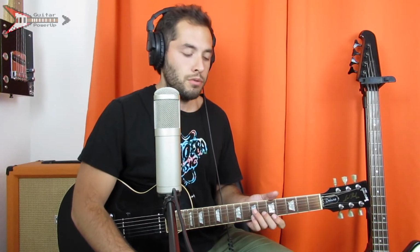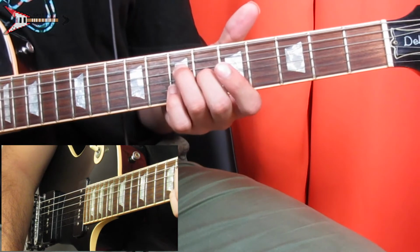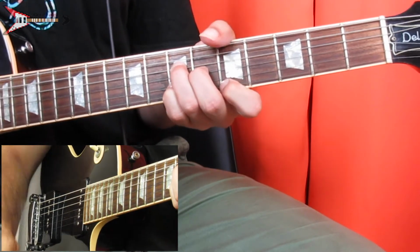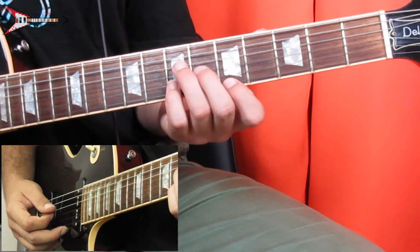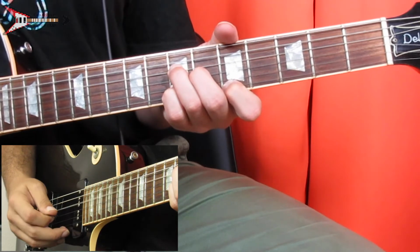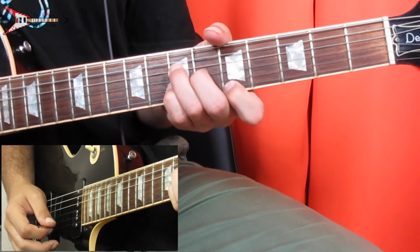Now the chorus. The chorus is made up of 5 chords, the first of which is an A6 chord. So you're going to place your ring finger on the 7th fret of the D string, your middle finger on the 6th fret of the G string, your pinky finger on the 7th fret of the B string, and your pointer finger on the 5th fret of the high E string, and you're going to pick the D string, G string, then you're going to do an upstroke,